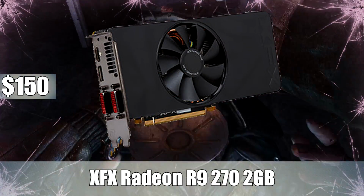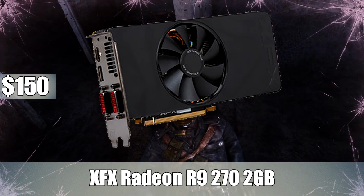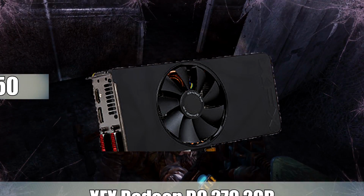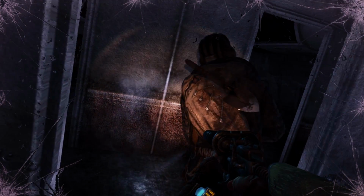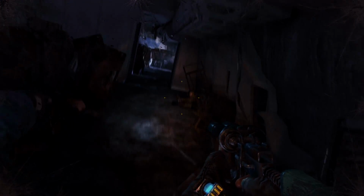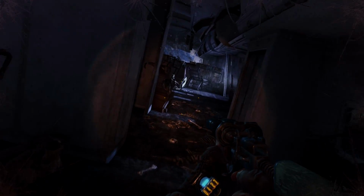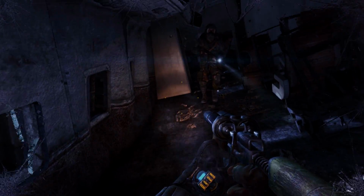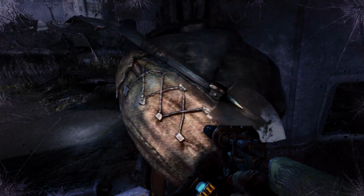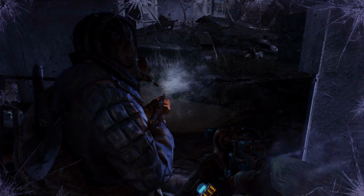Number 4, I went with the XFX Radeon R9 270 2GB Core Edition video card. Solid video card from XFX, around $150 right now, and it's a great GPU for 1080p gaming. Again, just like the R7 260X, it's not going to max out every game at 1080p, but most games, like Battlefield 4, Dying Light, all those games that I mentioned earlier, you're going to be able to play at 1080p high. Some games even at ultra settings, like Battlefield 4, you can max that game out with the 270, but you're only going to get like 30 to 35 frames per second,